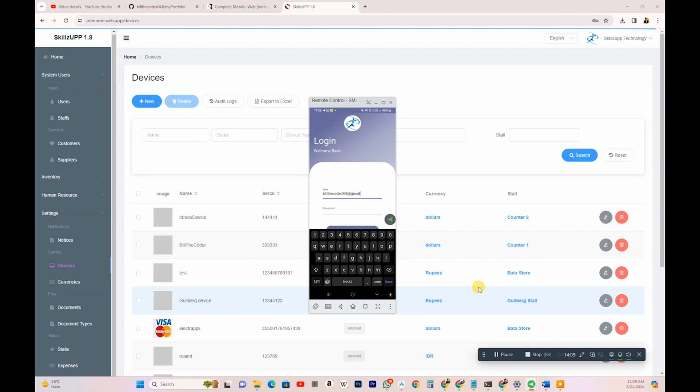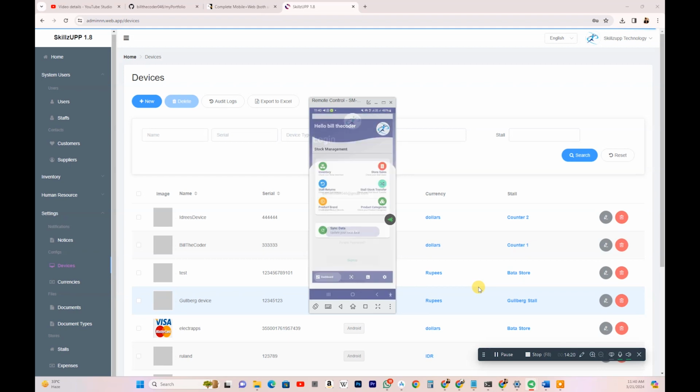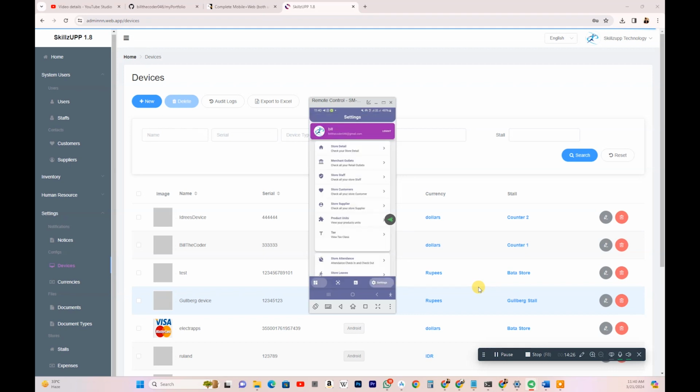046@gmail.com, and now you need to give the password 12345123, and now you just click on the sign in button, and you will be headed towards the dashboard screen. So now if we go to the store details,